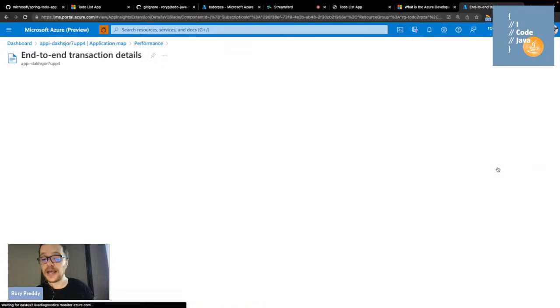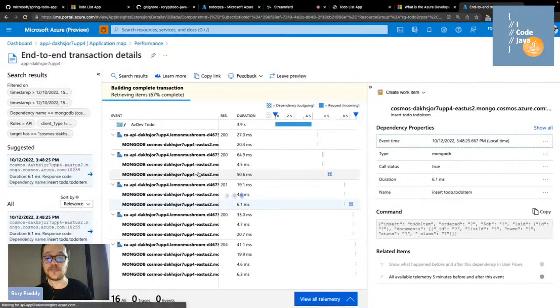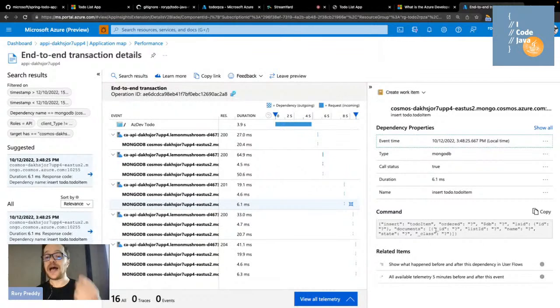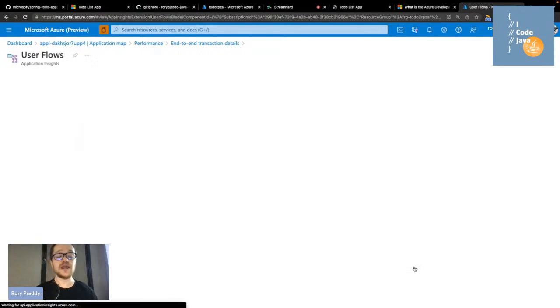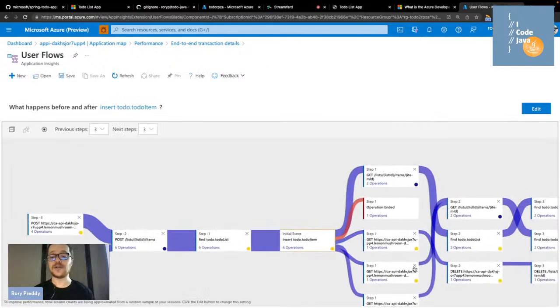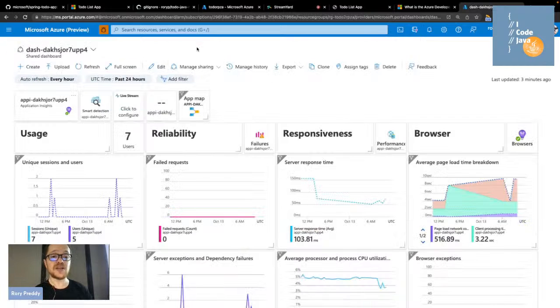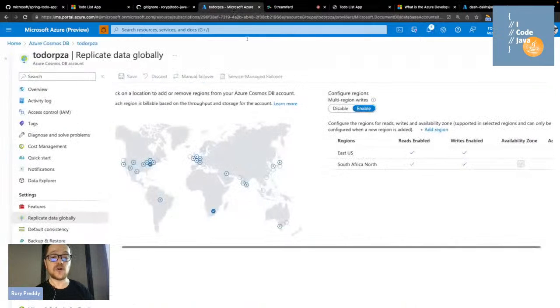And there's my end-to-end transaction. Now I can actually see that I've got the items that were ordered, and in this case, it would be an item. And then I've got a full end-to-end transaction flow. You can actually see what this did with that test data that we did there, with the getter and setter, as we progress through that. And each one of these, you can go in and see each operation, and then adjust them accordingly with global distribution. Now, going back to my global distribution, let's see if it's actually finished, my to-do RP, and it is completely finished there.